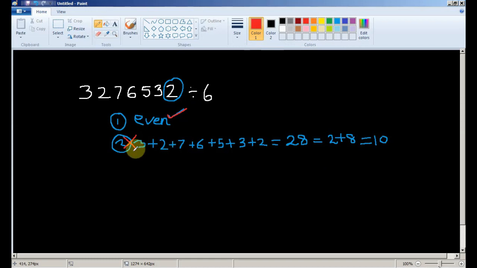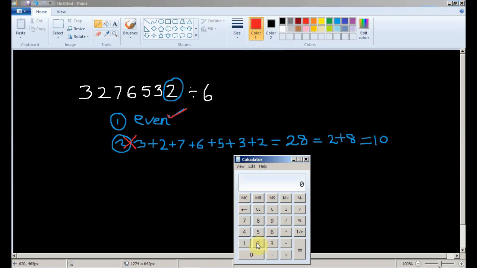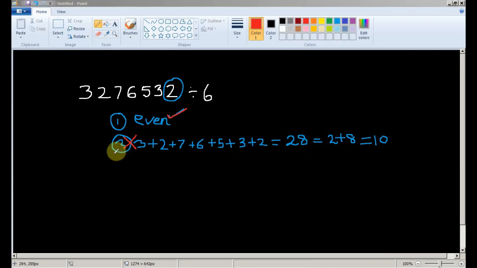So this number is not divisible by 6, and we can verify this. 3 2 7 6 5 3 2 divided by 6, and you see you are getting fractions. So you can safely say that this is not divisible by 6.